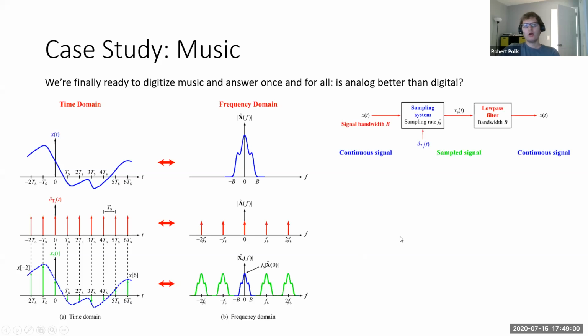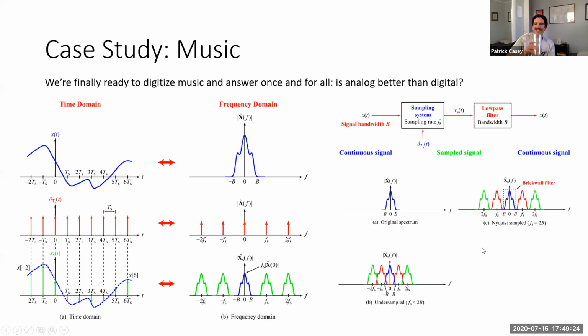And so now we have our sampled signal. And if we apply a low pass filter, we can turn it right back into a continuous signal. It just has to be a very special low pass filter. And so the idea is we have our original spectrum. This is an example of an undersampled spectrum. So if these are too far apart, these are going to fall on top of one another and things are going to get messed up. We'll talk about that more next slide.